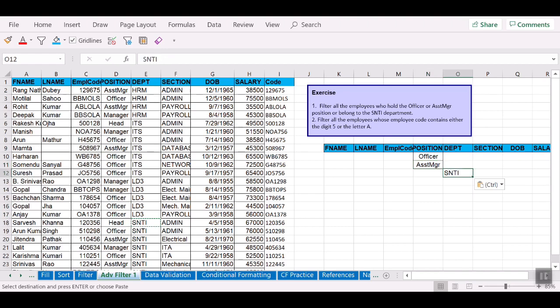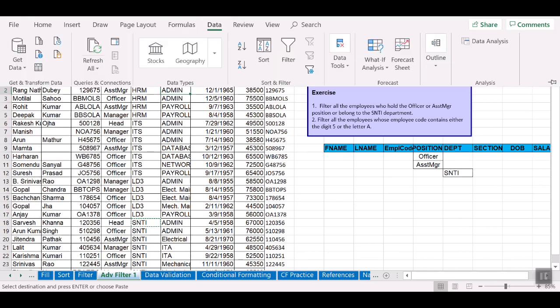So I have my criteria table ready, and I am ready to use the advanced filter. For that, I just click anywhere in my table, and I actually have the advanced filter icon already added to my quick access toolbar. If you don't know how to do that, I recommend that you watch my video on the quick access toolbar. If not, you can just go to Data and click this icon, which is for the